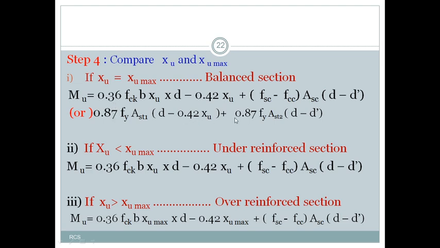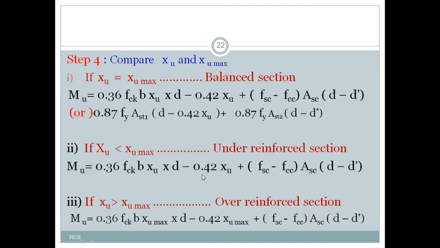Though I am providing it here, we cannot consider this formula for calculating moment of resistance, because I already explained the reason: the given reinforcement cannot be split into two different tension steel areas, that is AST1 and AST2. That's why we can use only the moment of resistance with respect to compression. So we can calculate Mu with respect to this.